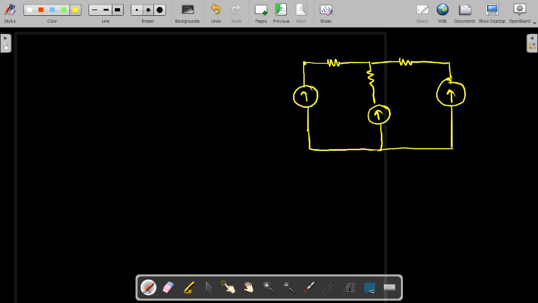Okay, so if this is the circuit, let us see R1, R2, R3. This is I1, R2. So here in this circuit, if we apply nodal analysis, or if we try to find out what are the node voltages, to find the node voltages,